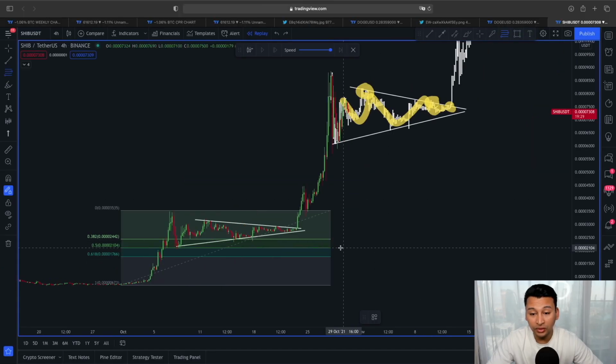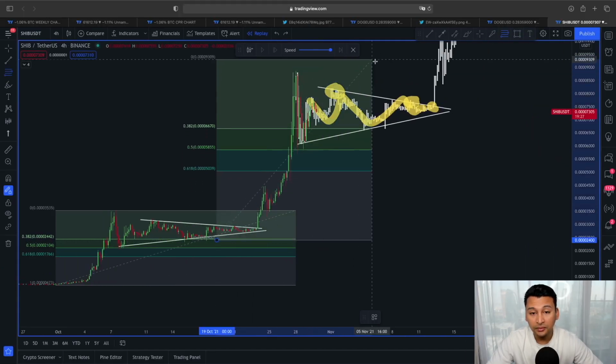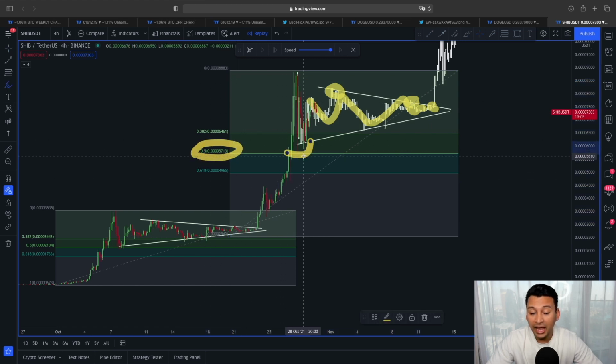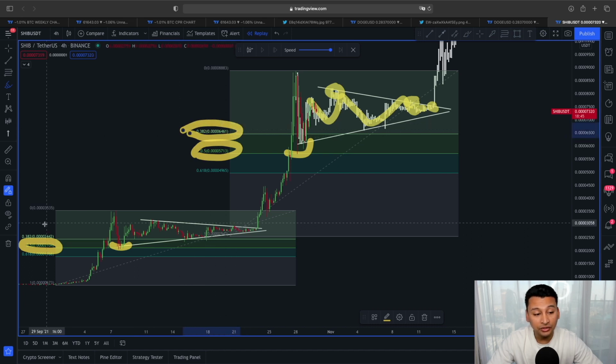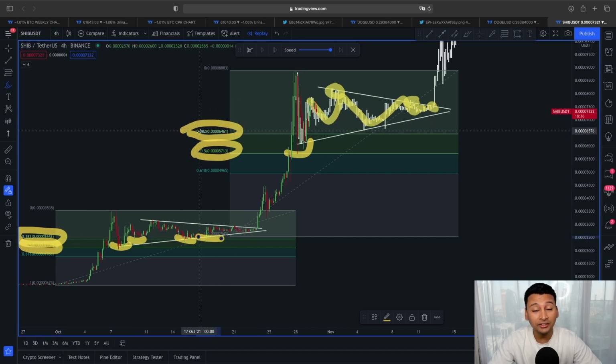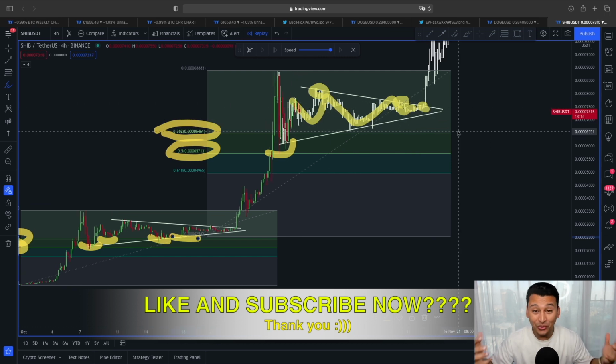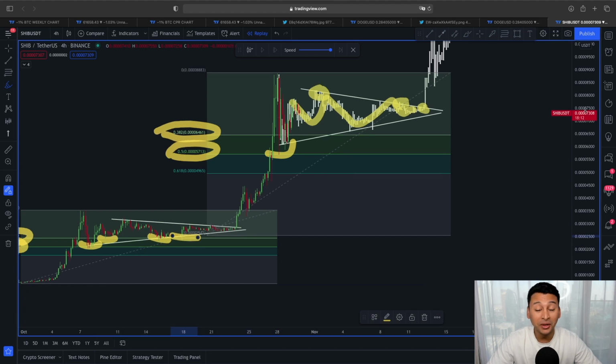And in our case, if we do the same here, you can see before we started breaking to the upside, we also came to this 0.5 Fibonacci retracement line and started heading to the upside again, just like this one here. But if you do see any sort of a bigger pullback, then the 0.382 Fibonacci line is going to be a strong line of support, just like here. So as long as the price of Shiba stays above this 0.382 in the immediate short term, we could expect some more range bound type of scenario before price chooses an actual trend direction. But the hype is really crazy right now regarding Shiba and Dogecoin. Maybe this trend could actually continue to the upper direction.